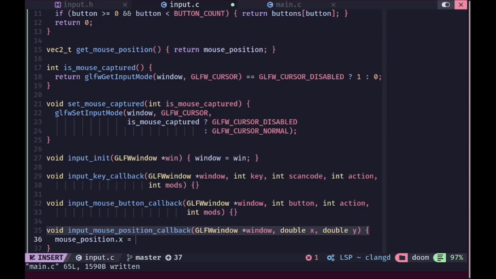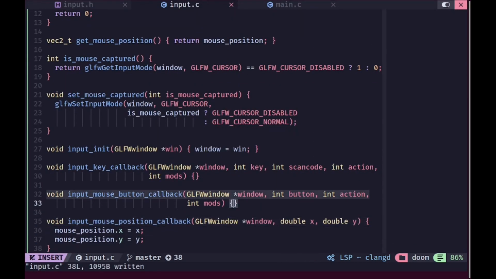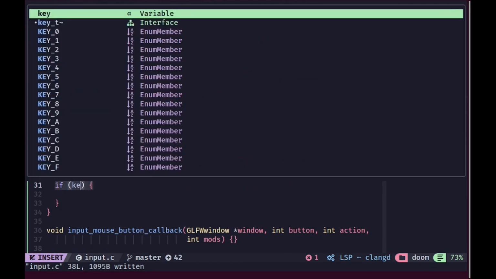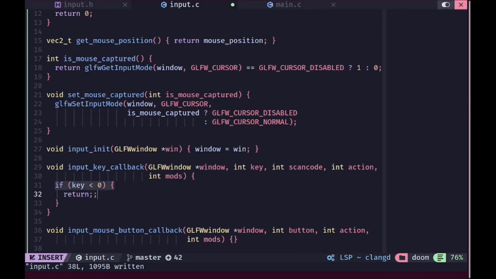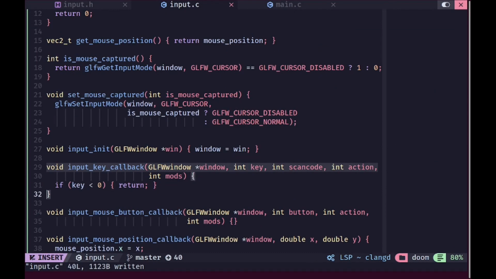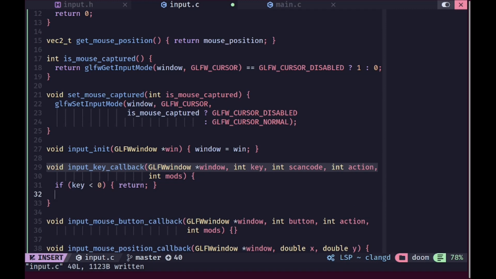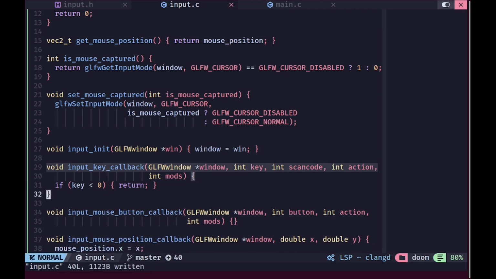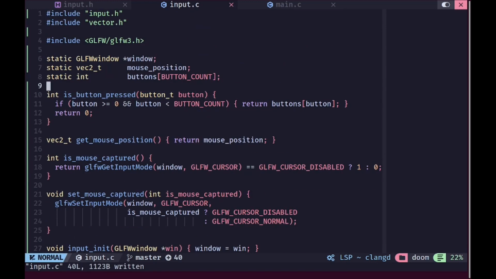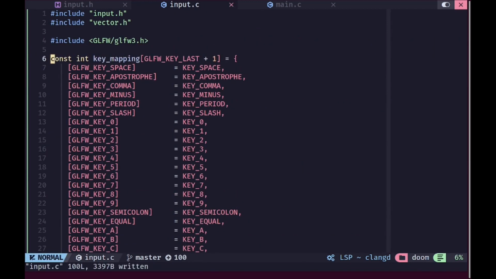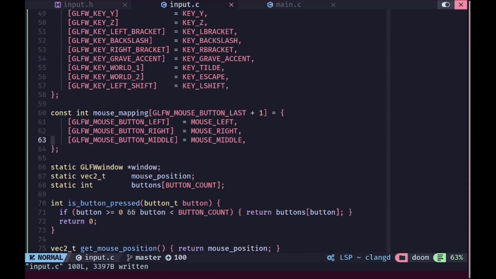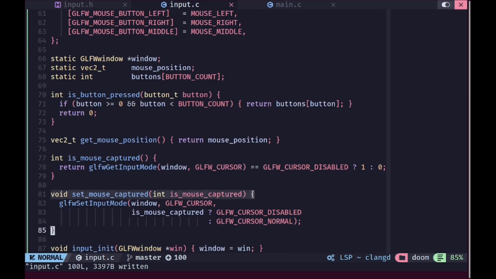We'll just set the x mouse position to this and the y mouse position to the y, and that's pretty simple. Now for the key and button callback, it's going to be more complicated. We'll first make sure that our key is not invalid, and if it's valid, then we need to have a way of translating this GLFW key into the key that is represented in our button structure. Okay, so for that I'm actually going to paste this whole array here, which is going to represent a mapping